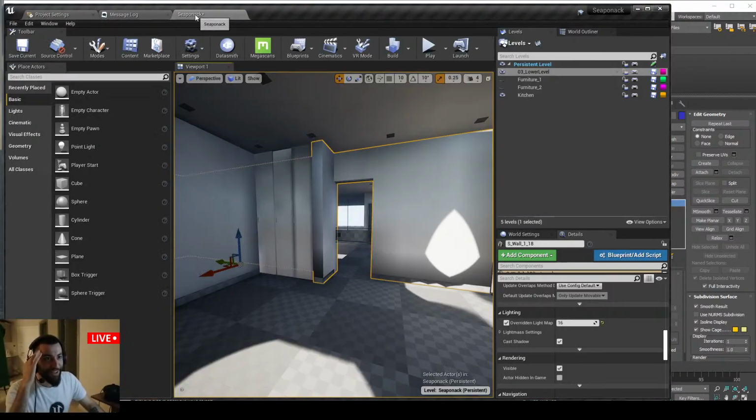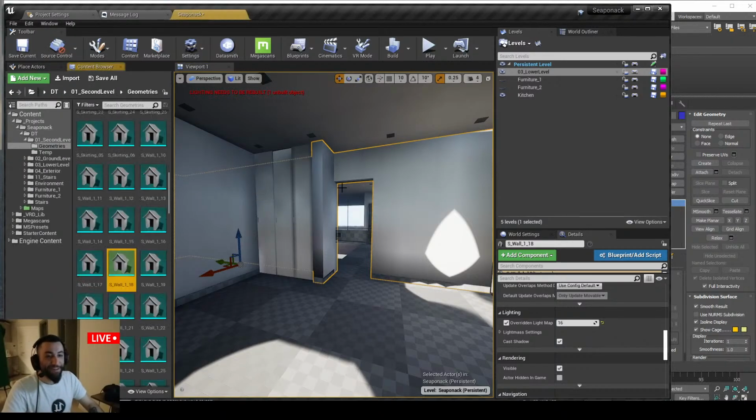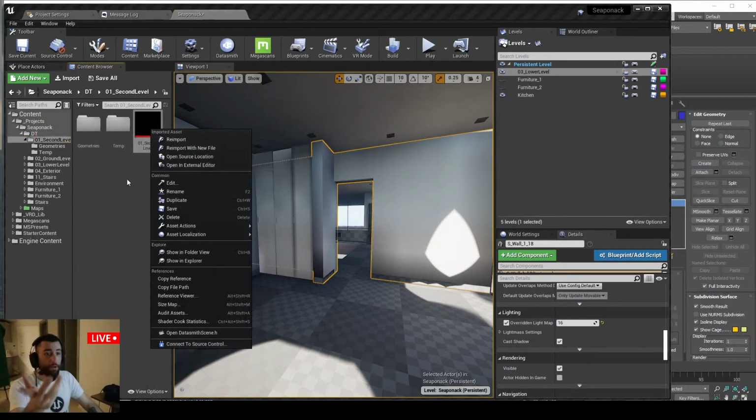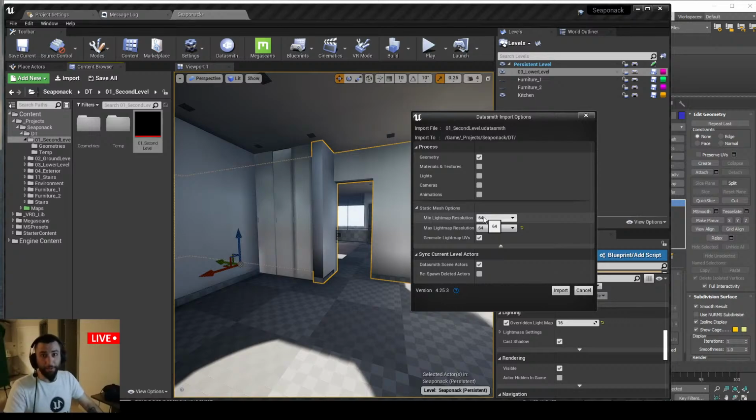And later, when we import the project, what I also do, where is my content browser? One second, content browser, where do you at? I forgot where is the content browser. There we go. Okay, you know in Datasmith, when you import, it asks you to set the static mesh options to set the min and the max light map resolution, right? I set it to 64 by 64. I didn't know that we could select 16. I thought this is the minimum. So next time I would do 16 to 64,